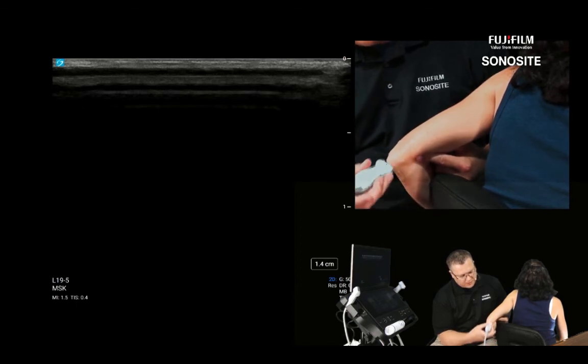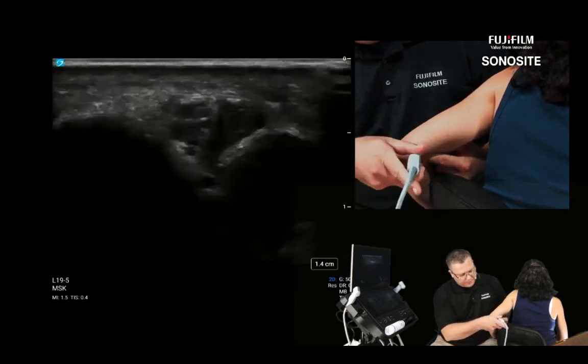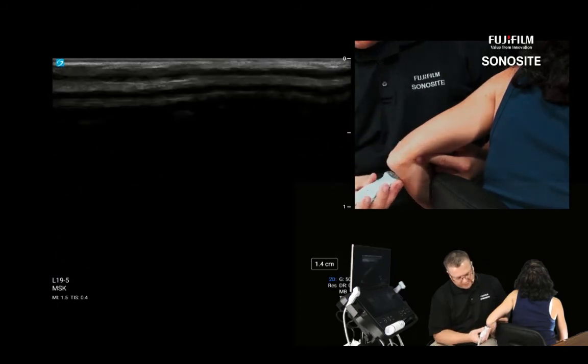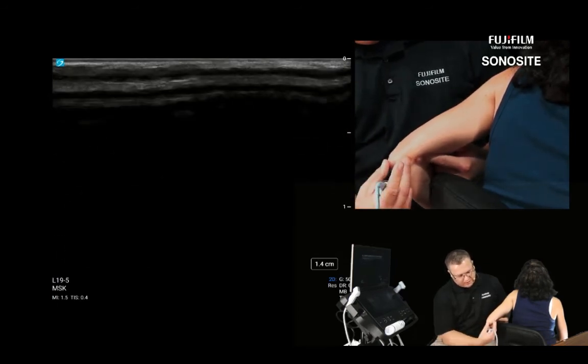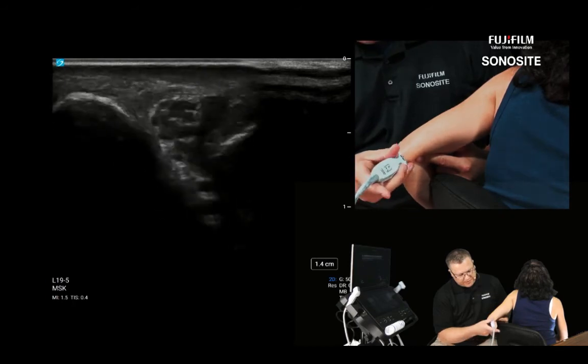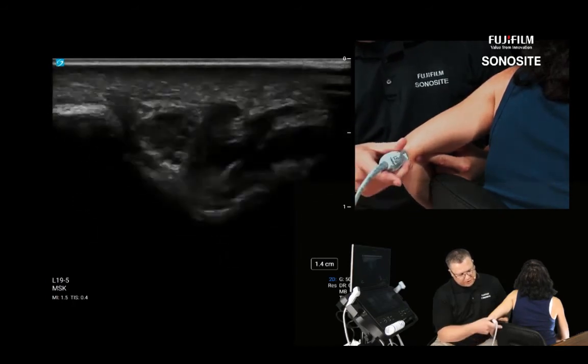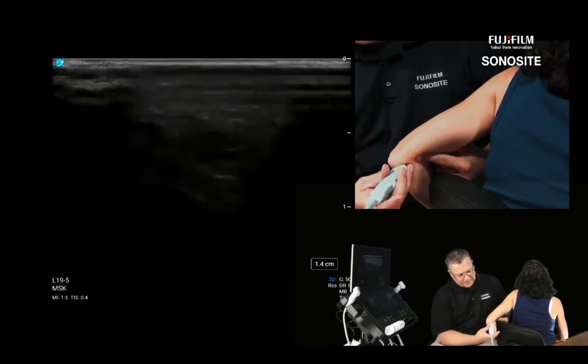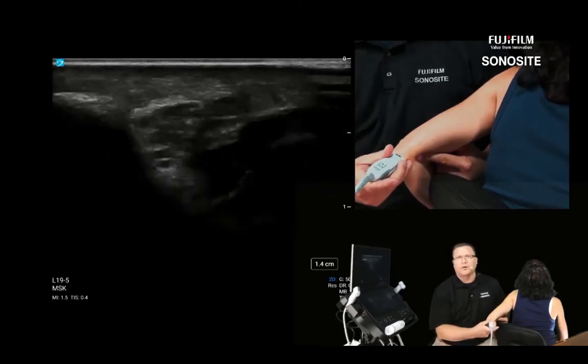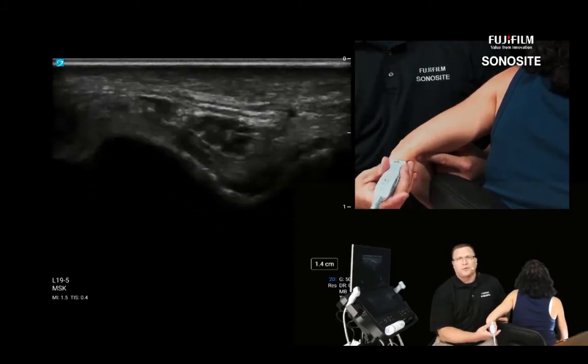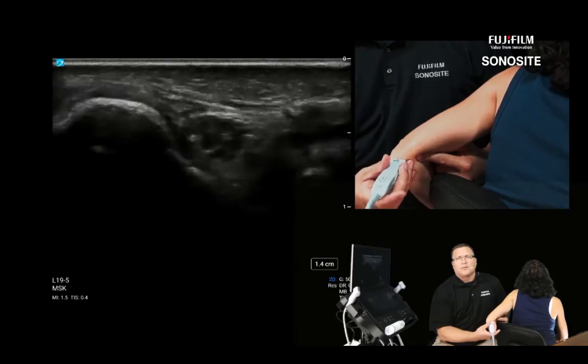So it does no good to keep your momentum and keep going this way looking for the ulnar nerve. It doesn't follow the ulna. It goes right between the two heads of the flexor carpi ulnaris. So as you traverse this turn, it is a dead pivot, 90 degrees going this way. So I was probably following it for the most part. There it is. So medial epicondyle on the left,